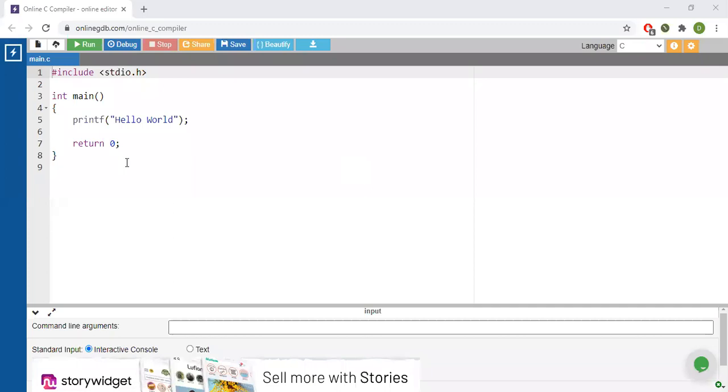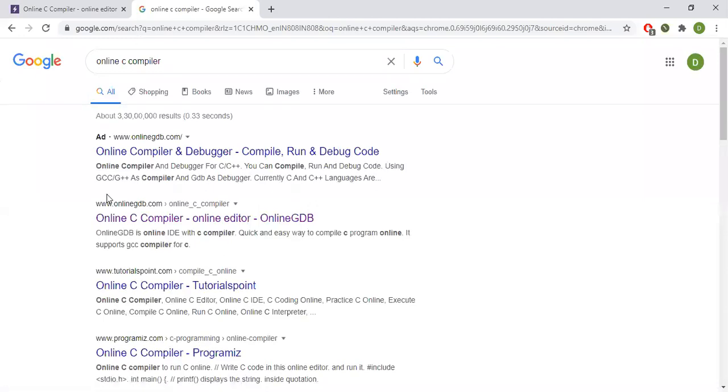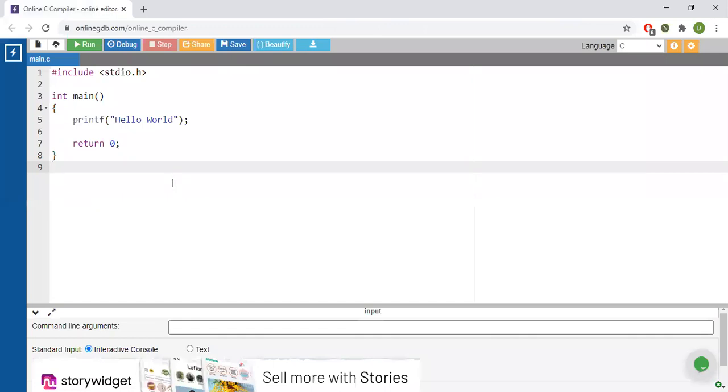Fine, let's start. If you have Turbo C on your machine, you can start working on it. But you can also use what I'm using right now on your mobiles. We have used this when we learned about OOP also. Simply open your browser and type online C compiler. As soon as you type it, you will see online GDB. There are many C compilers, but use this one, it is good and easy. Once you click on it, you will get a screen like this.